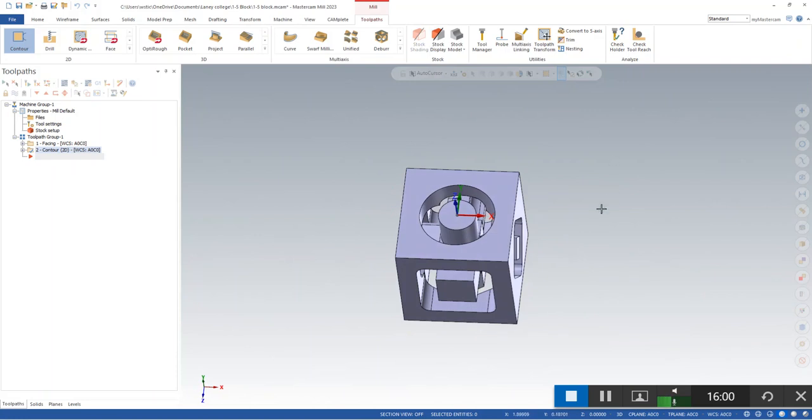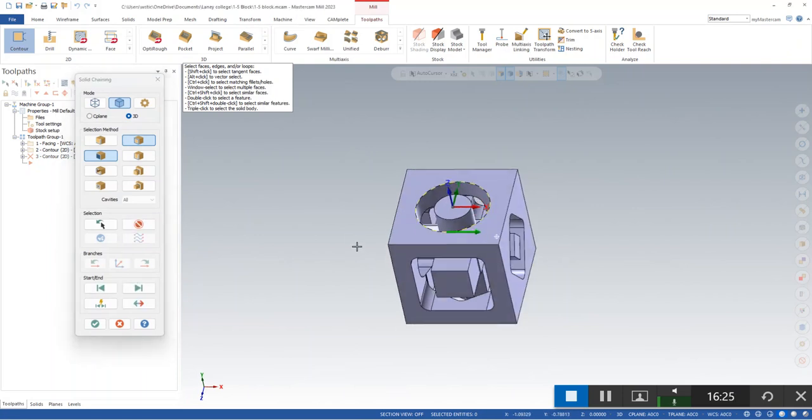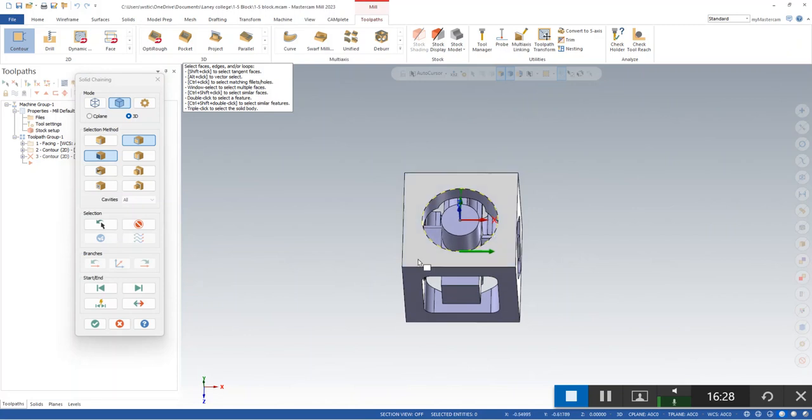Alright, so we got the outside profile, so now we're going to go ahead and do the actual shape feature. So for that we'll do another contour. Okay, so for this inside, right now, the gap between the inner and outer circle is 1/4 inch, so